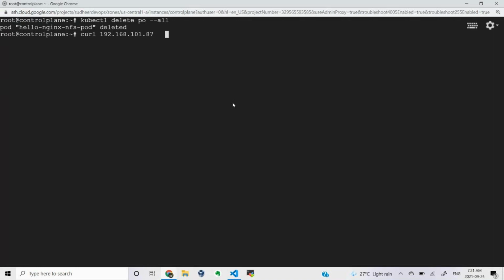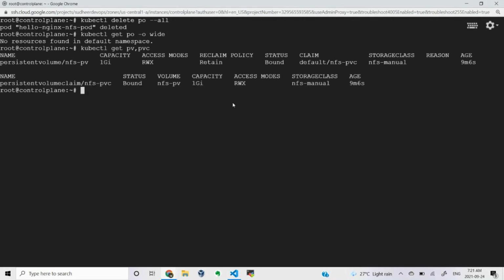Now I have only one pod, so without any issue I just executed this command. Once I delete this particular application, whether it is running through a pod or any workload, I don't care. So this got uninstalled. Once it is uninstalled, what will happen to your PV and PVC? Those will be available. Those volumes will never get deleted until you delete them. That's the reason it is called persistent, right?